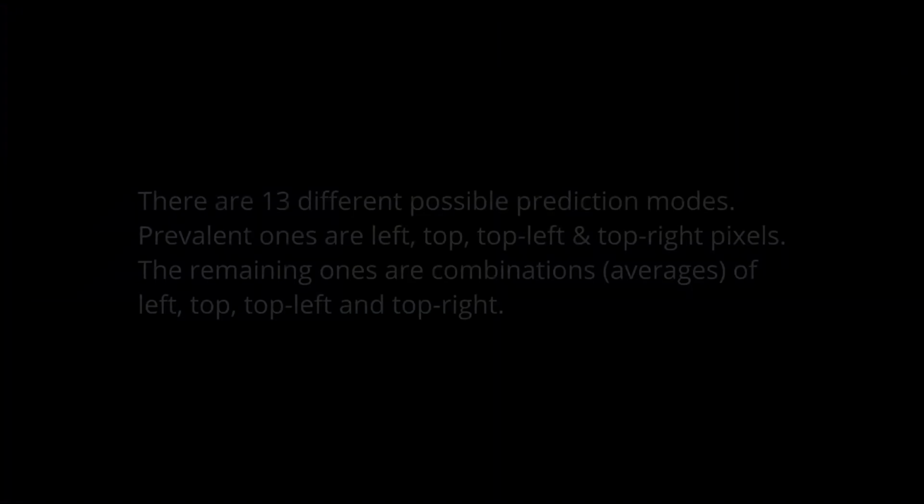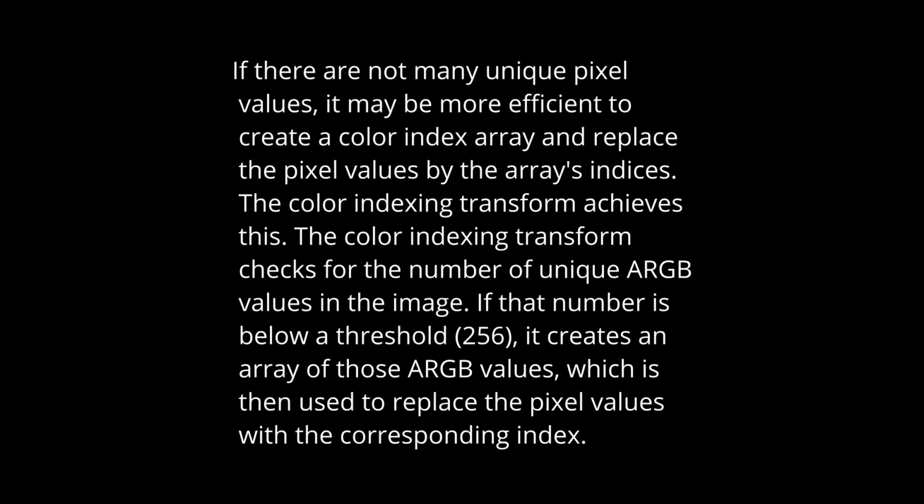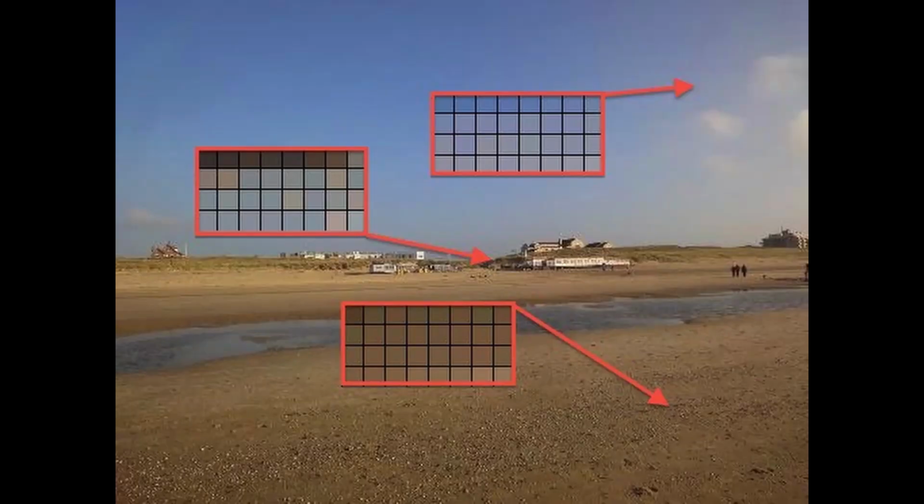Lossless WebP is a completely different codec. It uses various transform techniques, like the predictor transform. It uses pixels already decoded in scanline order to predict the color of the next pixel. There are 13 different possible prediction strategies. Color indexing transform is used if there are not a lot of unique colors. If the number of colors is below a threshold, those colors are stored in a table and referenced by their indices. Color cache coding uses a palette of 32 recently used colors to reference the next scanline pixel. If there is no color match, the palette is updated.